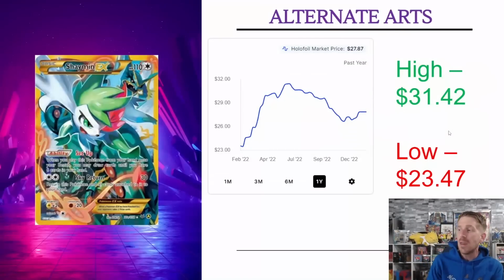If we look at the Shaman EX, another card that was really, really popular during competitive play. This is an alternate art promo with the Rayquaza in the background there, obviously highlighted from the Roaring Skies set. It was huge. Everybody played 4 in their deck because it was such a big way to draw consistency throughout a tournament, throughout a match. You could just lay a Shaman down, draw cards to try and find more cards that you needed to either disrupt your opponent's hand or maybe find energy or something that you needed to set up your Pokemon,